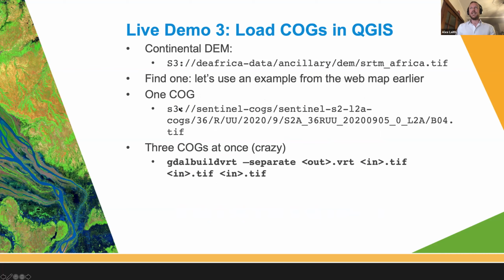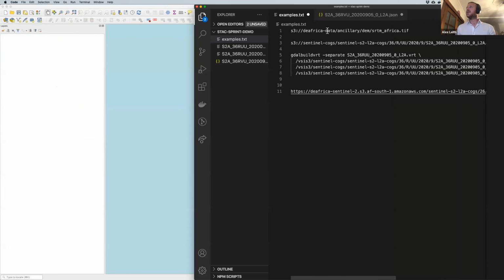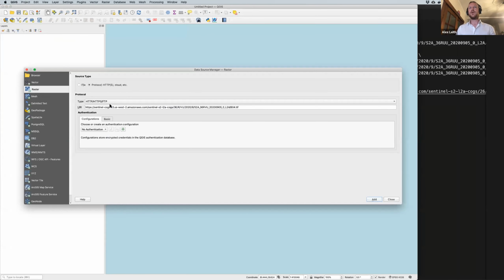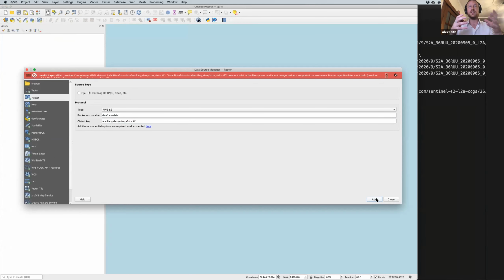What I want to do is really quickly load some Cloud Optimized GeoTIFFs into QGIS. So let's jump over to another area. And here is a bit of space that I've prepared earlier. So what we can do is load data from S3 into QGIS, and this is a public bucket, so we don't need credentials or anything like that. And if I add this, QGIS uses